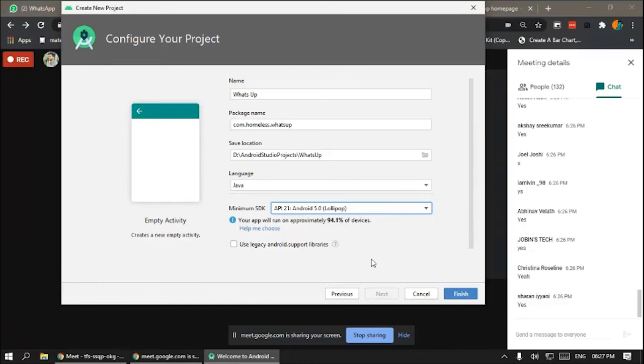You will see Android X everywhere in the new method, but if you go to the old tutorials, you will see those libraries. So just uncheck it, because we are new.